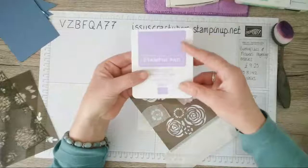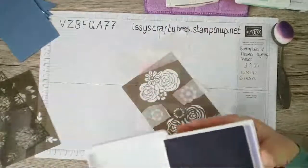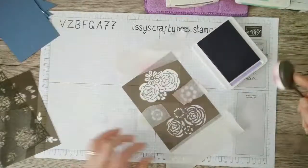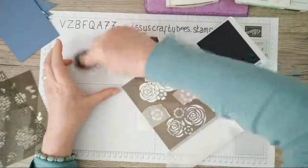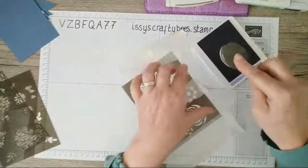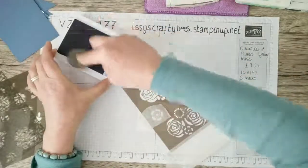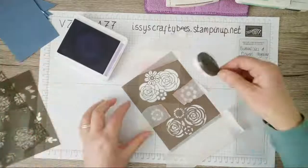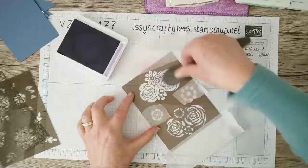And we want to work with the lightest colour first in the most open area of the mask. So I'm going to use Highland Heather, and this is a brand new ink pad. I've not used it yet. I want to make sure my blending brush is clean. So I'm just going to check. There is a little bit of ink residue, but not too much. And I'm going to pick up the ink using a circular motion. I'll just move that ink pad so I don't knock my camera stand. Circular motion, just pick it up, and I'm just going to go straight in and blend that ink through,